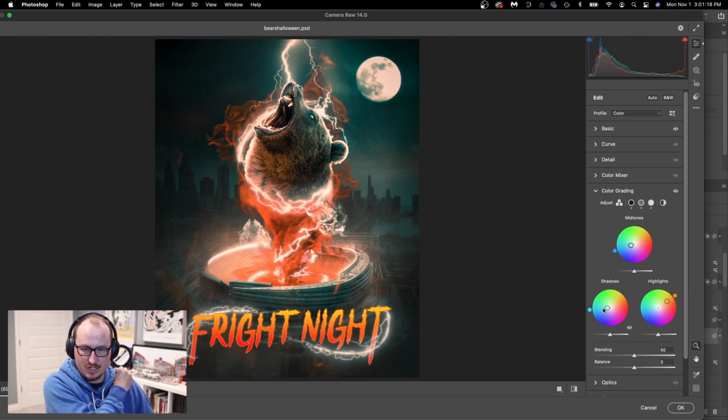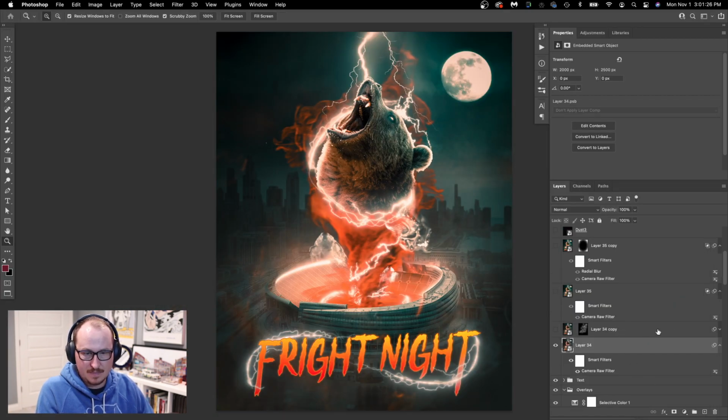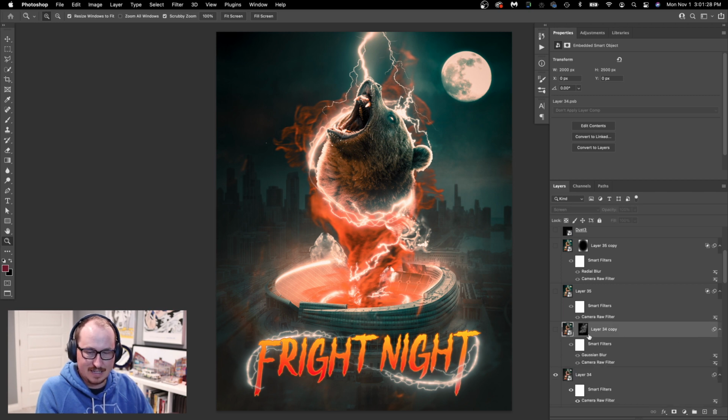So the midtones and the shadows I made more blue, and the highlights I made more orange. And that's going to deepen these colors and give these color effects. I think I then took that exact same layer, Gaussian blurred it, and set it to screen, and then basically inverted a mask on top of it to pick and point areas I wanted to brighten up. So basically I just took a really soft brush at a very low opacity and just hit some of these areas I wanted to brighten up. I then took that, combined it all together,